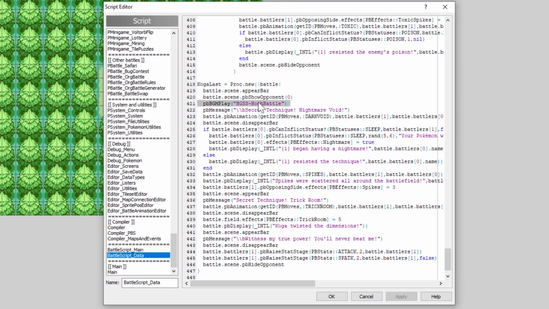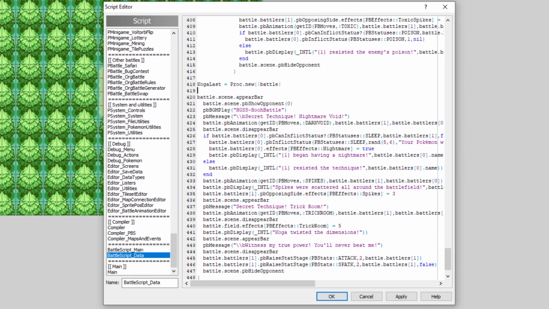We'll do PB BGM play to change the BGM, and just in case, I'll also call a BGM fade above this. Let me just find that real quick. Thankfully, it's very easy. We'll do PB BGM fade, like right here. There we go. So the old BGM will fade out, and then the new BGM will start playing, and then he'll say Secret Technique Nightmare Void, and then we'll play the animation for the move Dark Void,